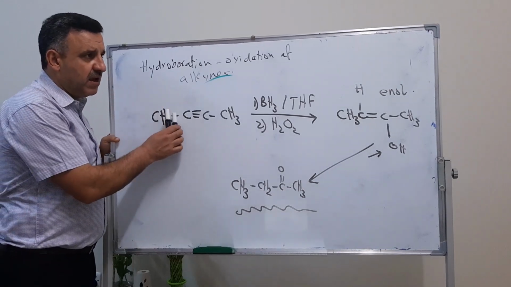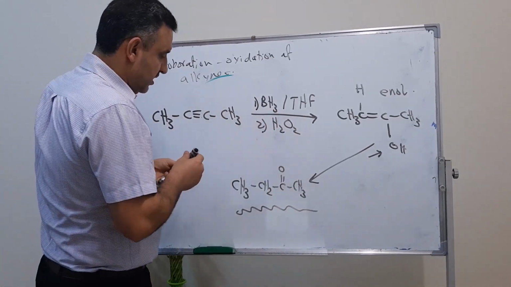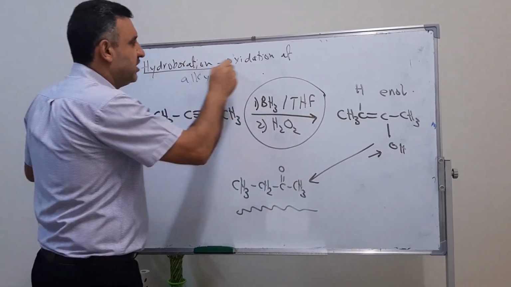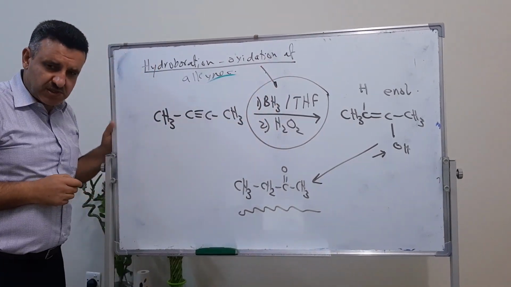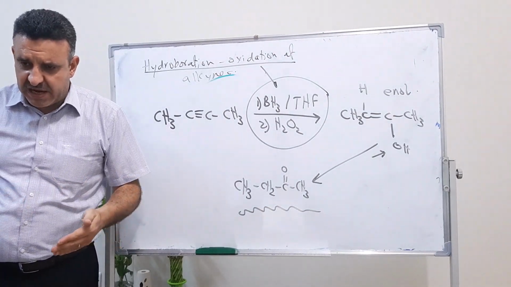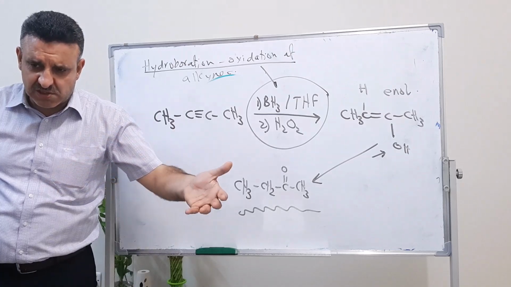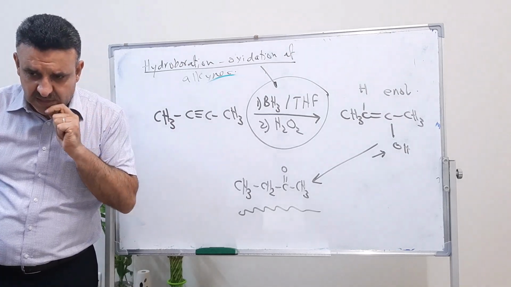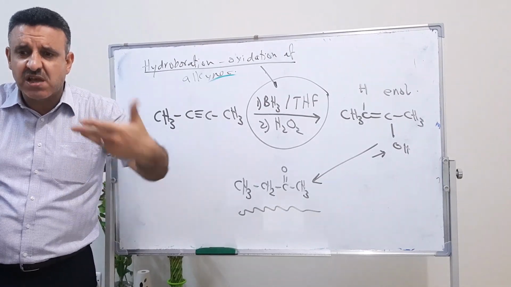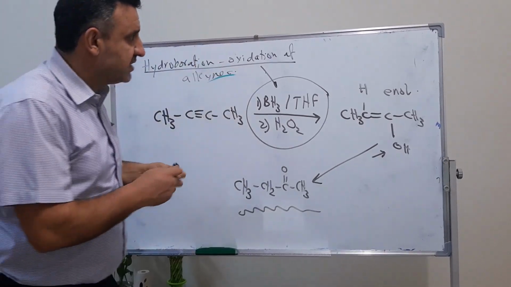So we have an alkyne. We allow the alkyne to react with hydroboration oxidation. Remember, this reaction is called the hydroboration oxidation reaction, and this is the reagent used for it. From our knowledge of the previous chapter, what did we say about it? First of all, what's the net result of hydroboration oxidation? It's a hydration reaction. Got it? That's how I want you to understand, guys. It's not just memorizing words, but understanding what's behind the words. Got it? Here, hydroboration oxidation is equivalent to